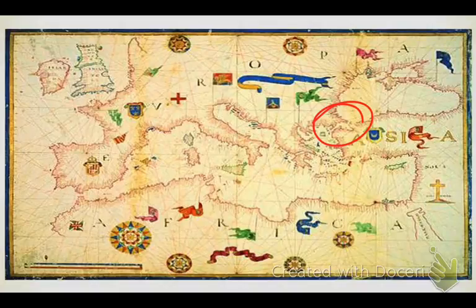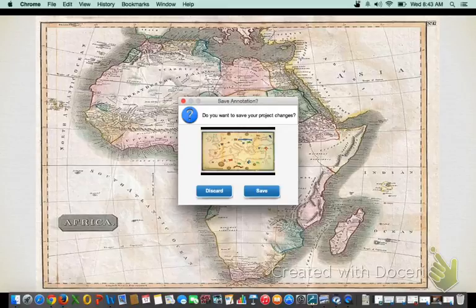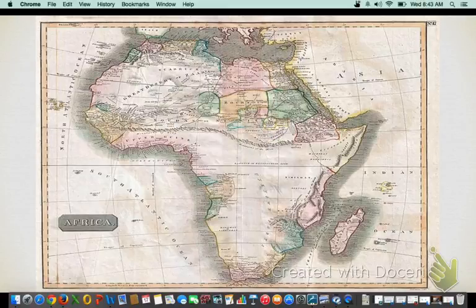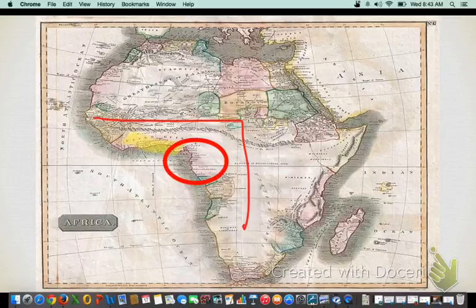So where are they going to go? Well, let's take a look. They're going to go to Africa. And in Africa in particular, we're going to be discussing certain regions. We have right here West Central Africa. We will also be looking at the Gold Coast, and we'll also be looking at the Bight of Biafra for looking for these.